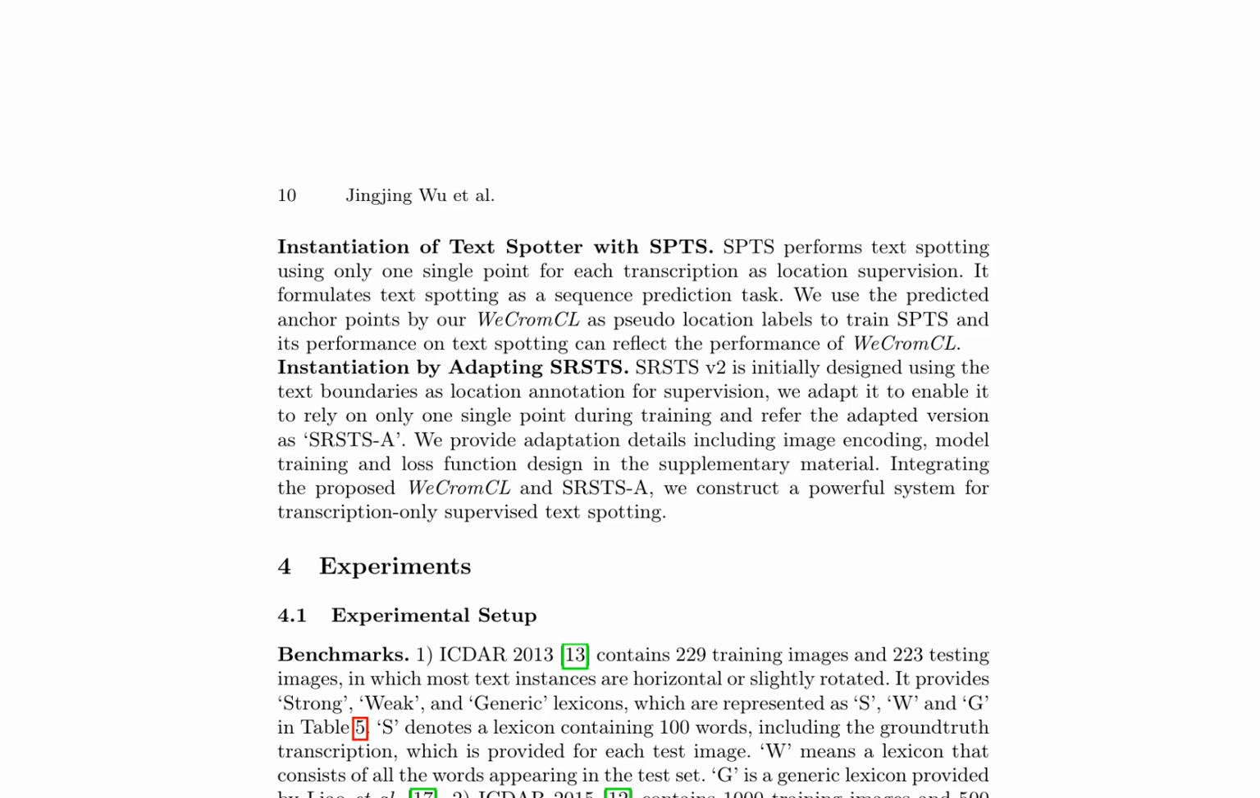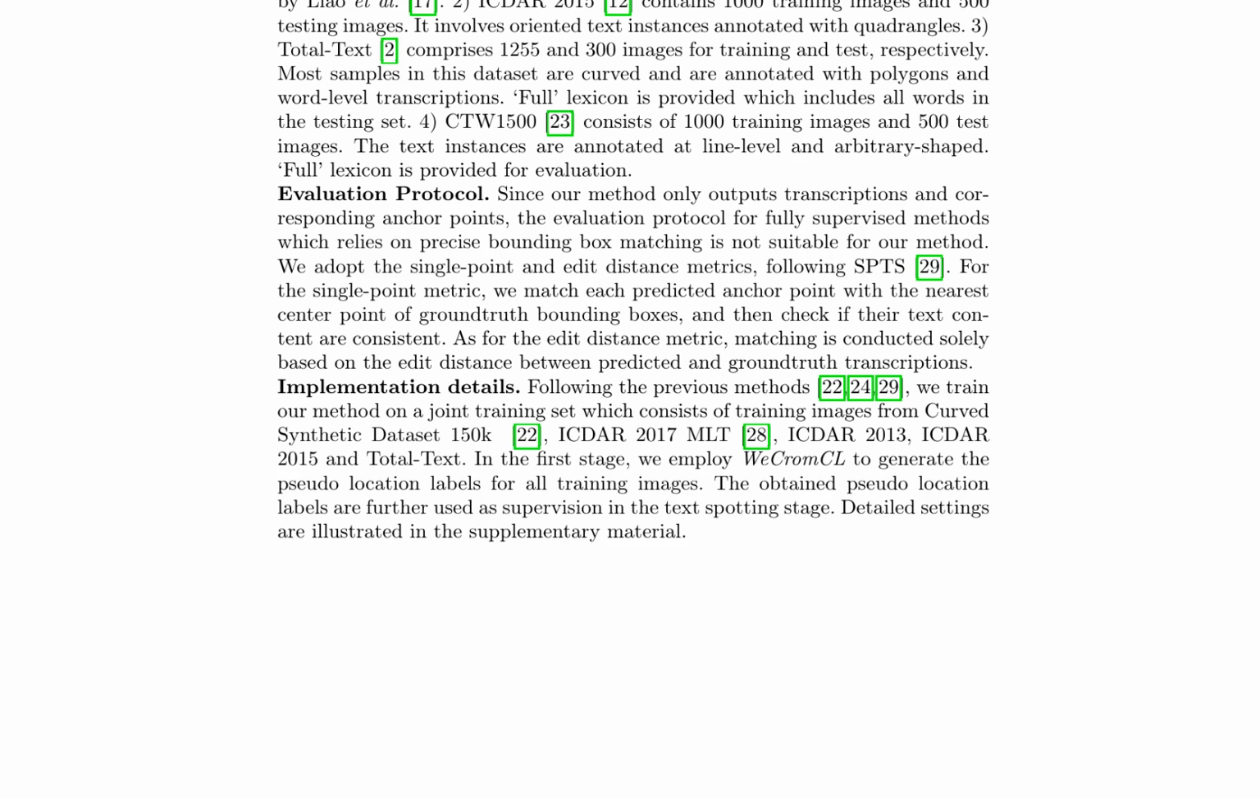For SRSTSA, they adapted it to rely on a single point during training, providing adaptation details in the supplementary material. Combining WeCromCL and SRSTSA, they construct a powerful system for transcription-only supervised text spotting. The experimental setup includes benchmarks such as ICDAR 2013, ICDAR 2015, Total-Text, and CTW1500, with evaluation metrics being single point and edit distance, following SPTS. Implementation details are provided, including joint training set use and pseudo-location labels from WeCromCL for supervision in the text spotting